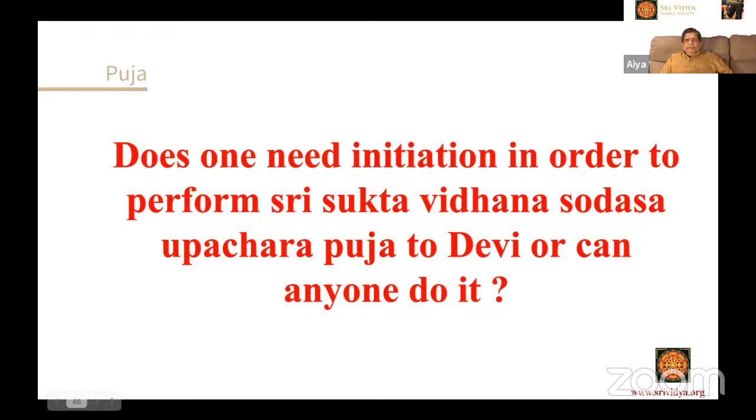In our temple, the Sri Sukta Vidhana Shodasopachara Puja is standard for all the pujaris. And the Sri Suktam in our temple has the 16 syllables of the Mahashodasi infused within the puja. And to do that, you need initiation. If you want to do Sri Sukta Vidhanam Shodasopachara Puja without initiation, after learning the Sri Suktam from somebody, you can just plainly chant each of the stanzas and do 16 upacharas.